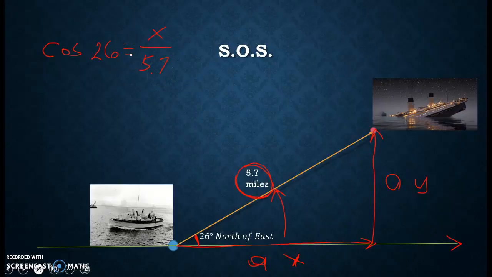And so then we can use this to figure out what x is. Now I'm going to multiply both sides here by 5.7. So on the right, I will just have x. And on the left, I will have 5.7 times the cosine of 26 degrees. And that gives us an x value of